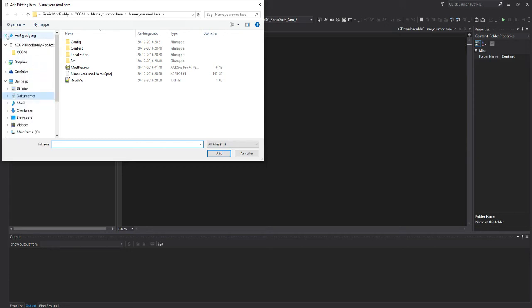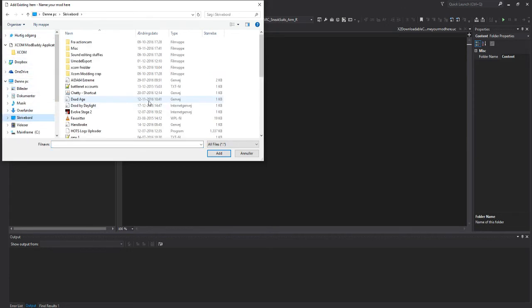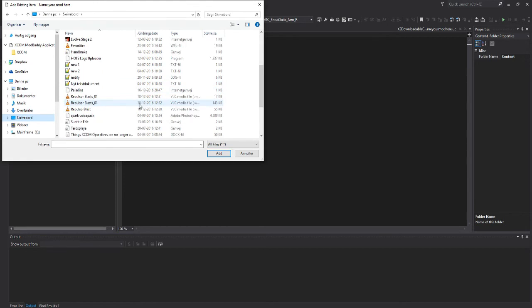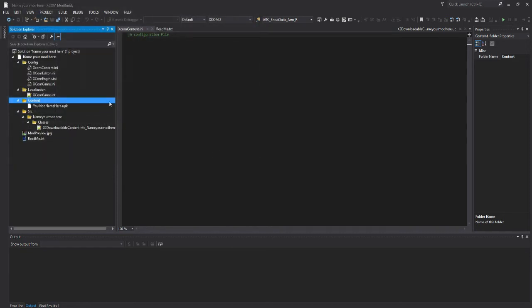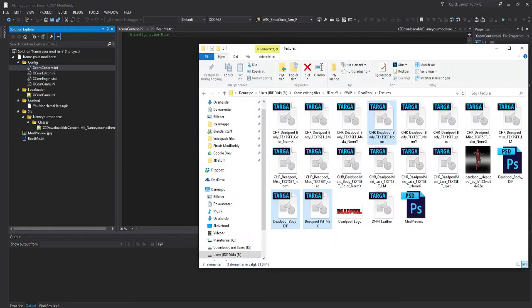And we placed it on the desktop. Where is it? Where is it? There we go. Your mod name, click add. Okay. If you downloaded the template I gave you,